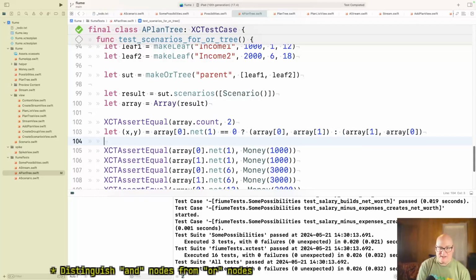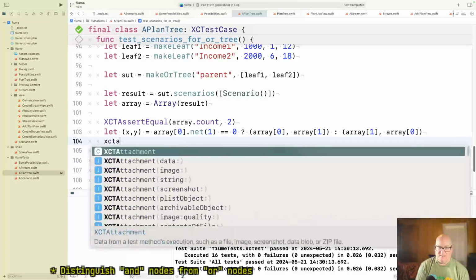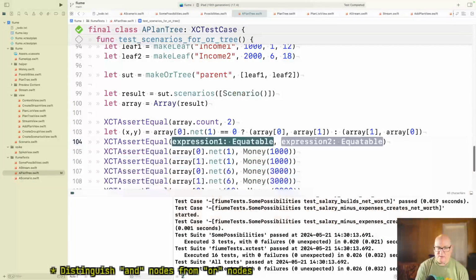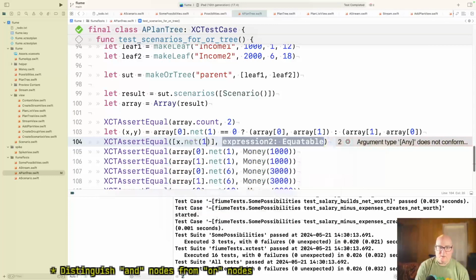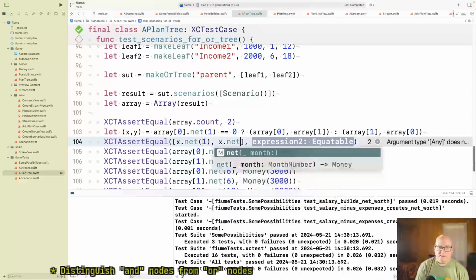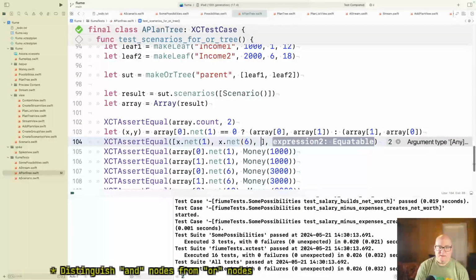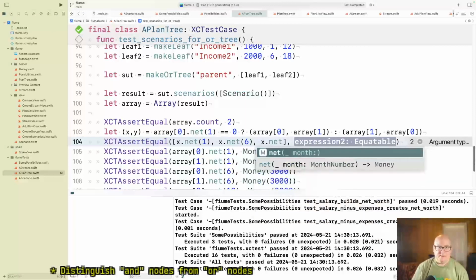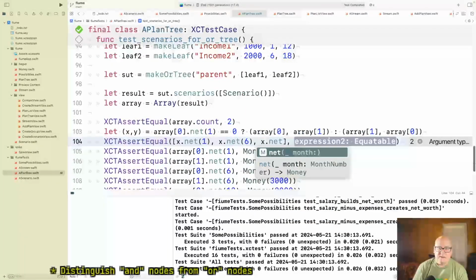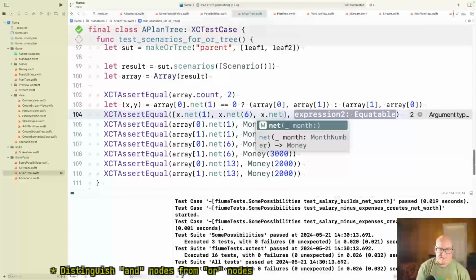Okay, now I know the first entry, if there's a 0, the first entry has it. So I should be able to say assert equal, I don't know if this will work, net 1, net 6, net 13.